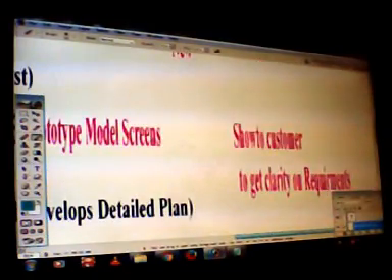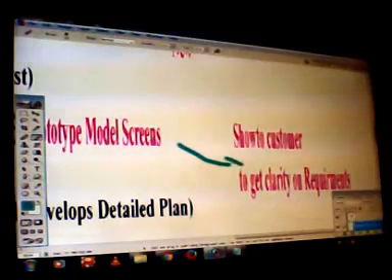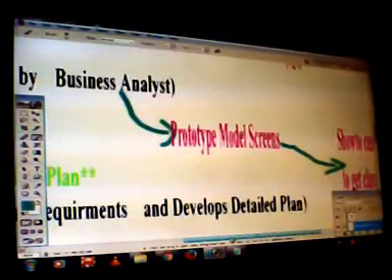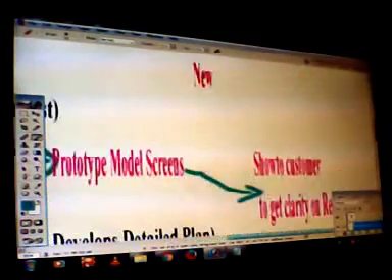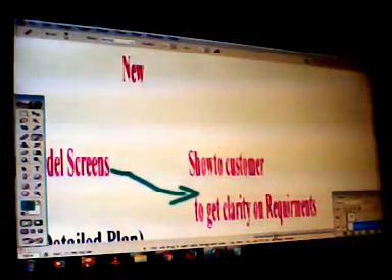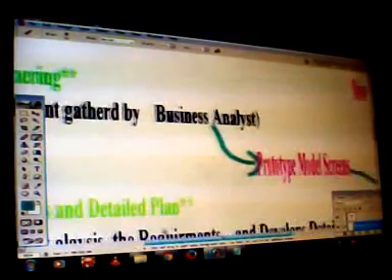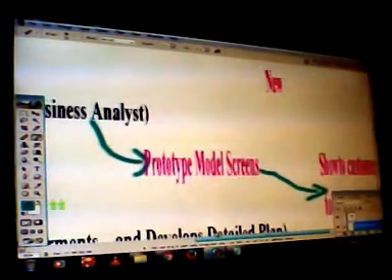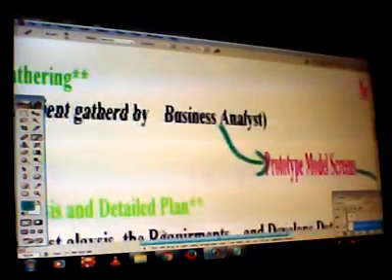By observing these prototype model screens, shown to the customer by the business analyst, the customer gets clarity over his requirements. Then he is going to forward those requirements to the system analyst, and the process follows.